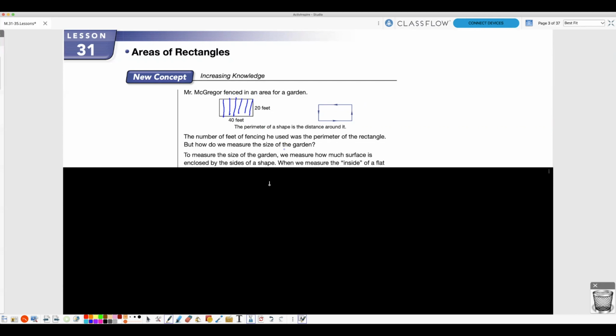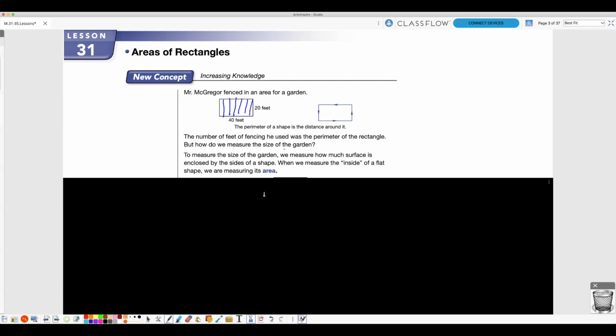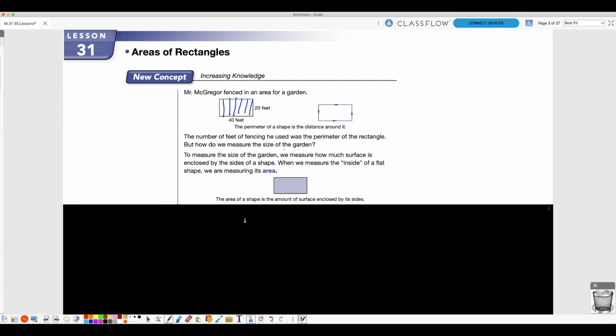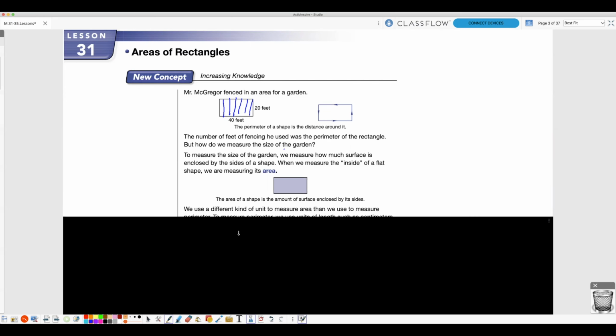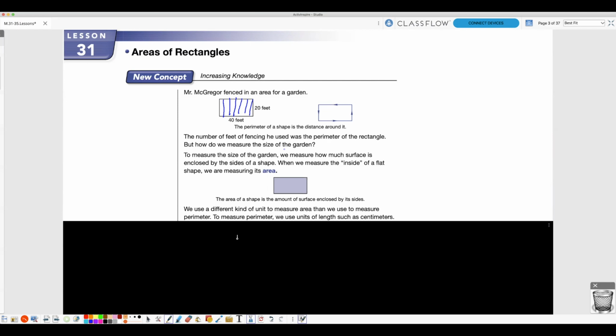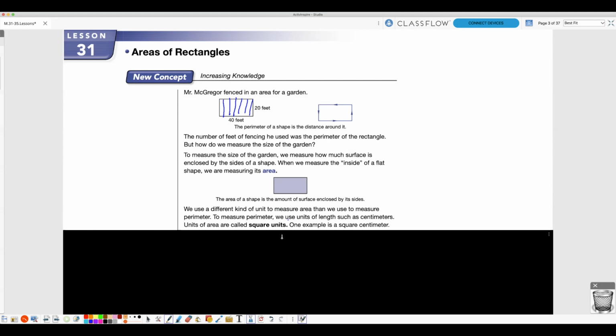How do we measure the inside portion of the garden if we know how to measure the outside? To measure the size of the garden, we measure how much surface is enclosed by the sides of the shape. When we measure the inside of a flat shape, we are measuring its area. So the area of a shape is the amount of surface enclosed by its sides. We use a different kind of unit to measure area than we use to measure perimeter. To measure perimeter, we're using units of length such as centimeters. Units of area are called square units. Could be square centimeters or square inches,